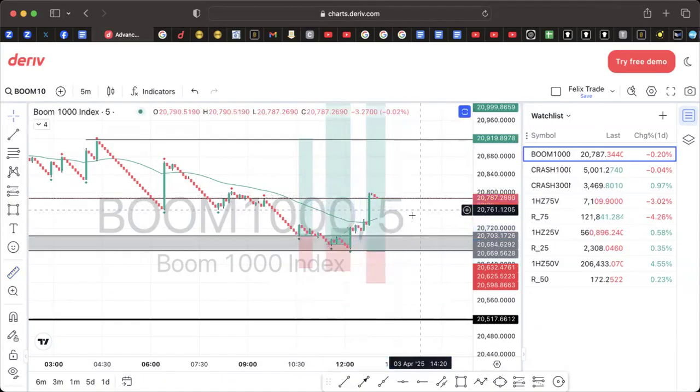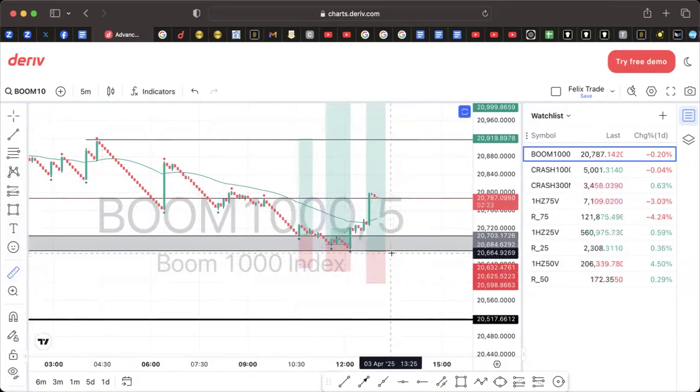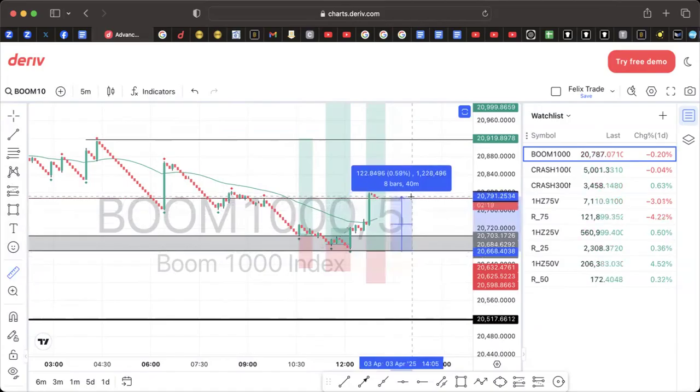100. So 78 plus 100, 178. Another one peaked from here. 124. So 178 plus 124. So let's look at it. 128 plus 174. That's 302 multiplied by 0.2. That's $60. So if you are now going to use